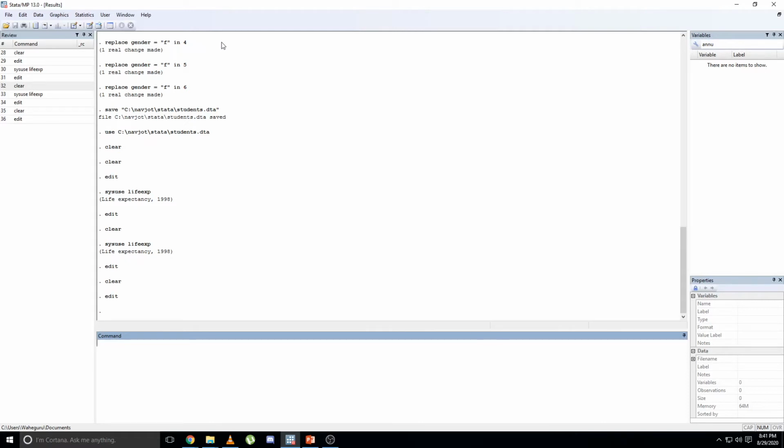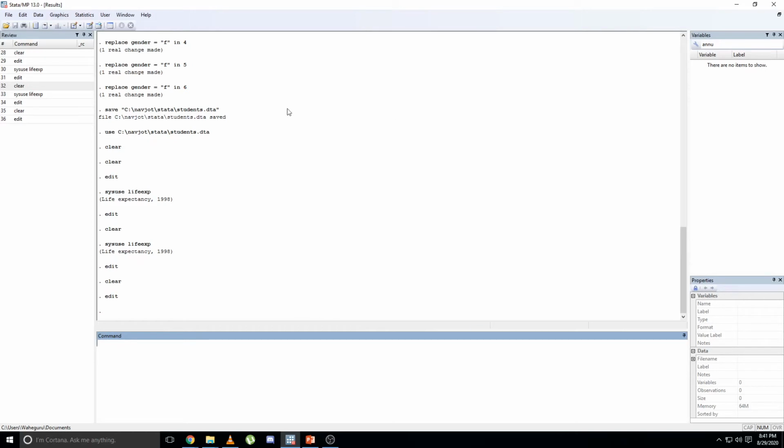Lastly, the variables manager window can be found under the Windows tab at the very end over here, or on the icon menu bar here. This is where you can edit your variables by hand. However, I prefer editing my variables using commands as it can be faster at times.